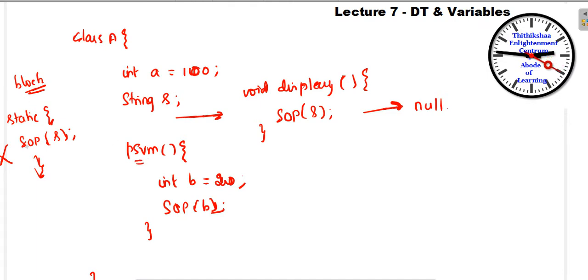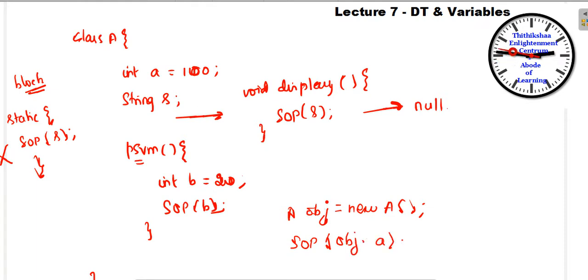So this is a static block, that is why it is not allowed to use it directly, but here you have to create an object. For example, you can create an object for this class A, like A obj equal to new A. Then you can use System.out.println of obj.a.